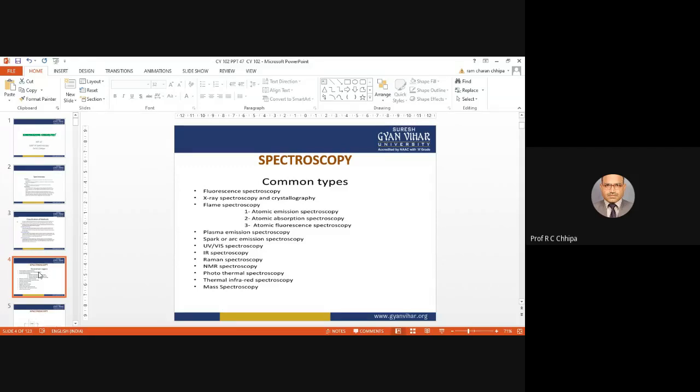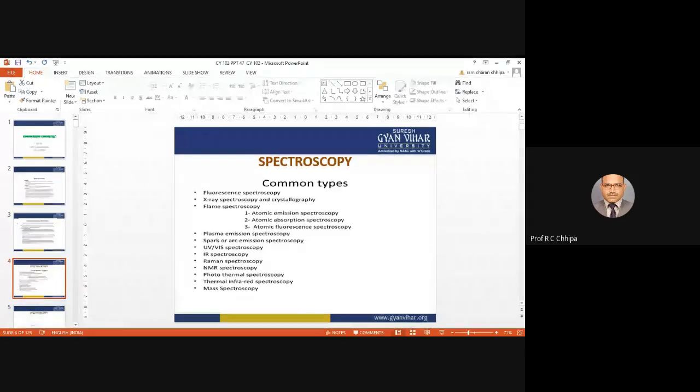Anyone have the idea about that? Mercury is present in the tube light? Mercury vapor lamp, all of you are well known about that. Mercury bulb. Yes. So in fluorescence spectroscopy, we first have the source, and that source will fluoresce with the material. So this we can analyze.